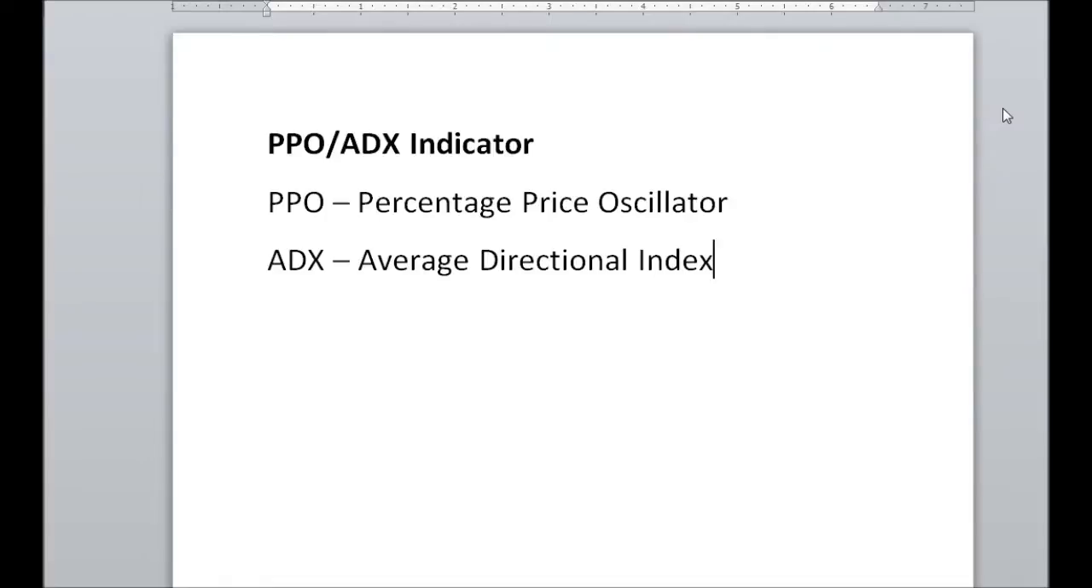I'm just going to briefly explain what each one does and then how they work together. So basically the PPO is the percentage price oscillator, and what this does is that it measures the difference between two moving averages as a percentage of the larger moving average. So it's probably similar, or you could say it's a cousin of the MACD for those of you who are familiar with that. So it runs from a positive to a negative value,